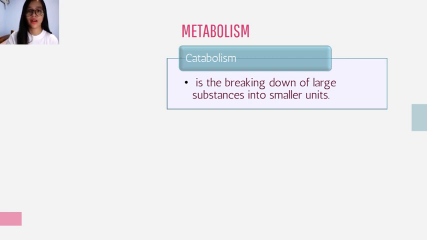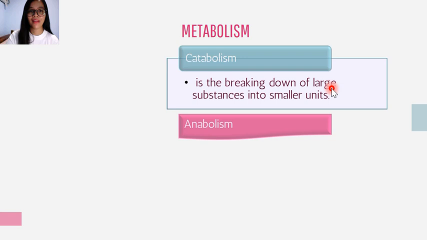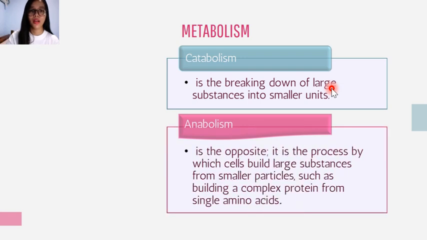And that is an example of your catabolic reaction. And then we have anabolism. Okay, so it is the opposite. It is the process by which cells build large substances from smaller particles, such as building a complex protein from